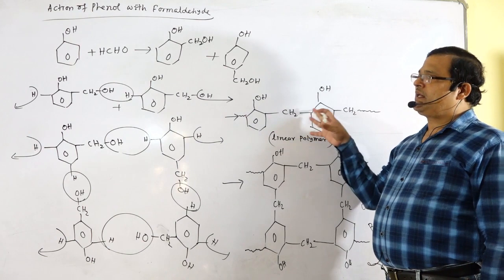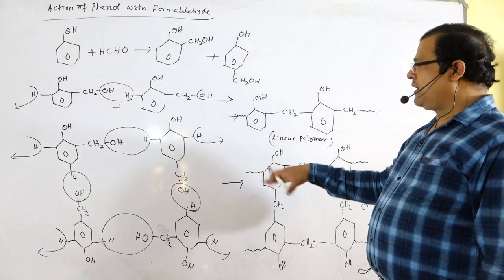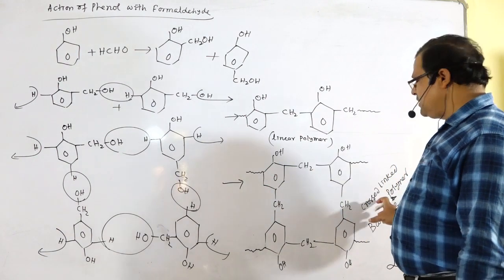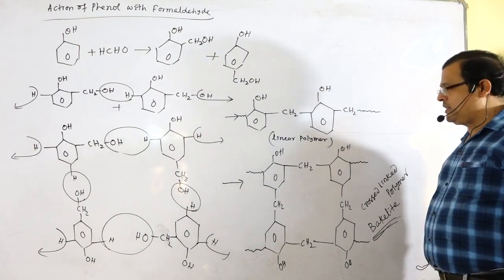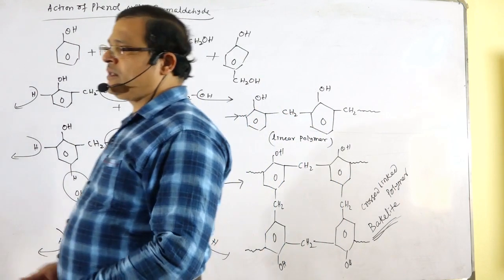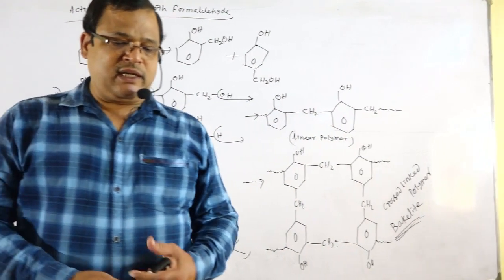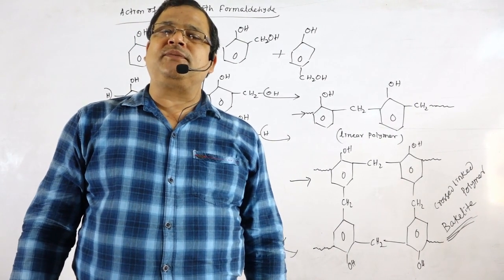Whenever the ortho product gets polymerized, there is the formation of linear polymers, and when ortho and para get polymerized, a cross-linked material is formed, which is known as bakelite. This cross-linked product is known as bakelite. So this is regarding the different uses of phenol. Next we will explain the electrophilic substitution reactions that take place in the case of phenol. So next we will see what these electrophilic substitution reactions are.